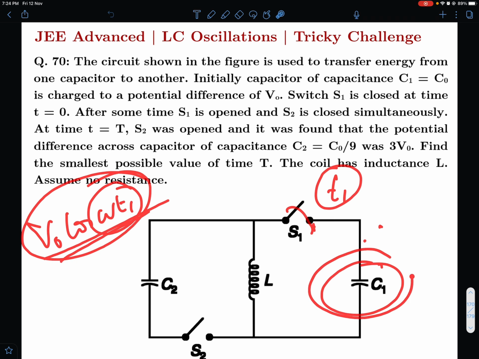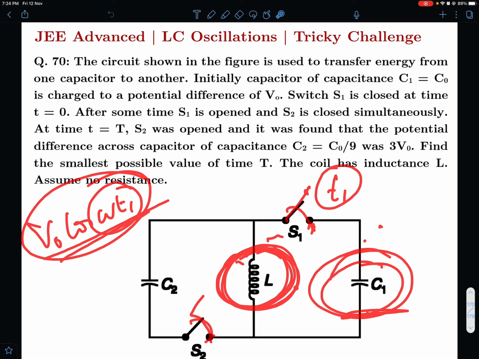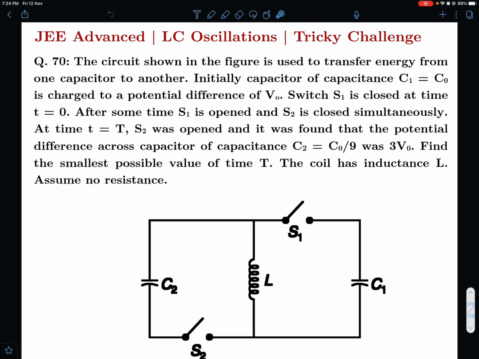Now what we are going to do is, once we know the potential difference across this, we'll try to find out the current through the inductor, and when you close this switch the inductor current will remain the same. If you open the switch, because you know that inductor acts like a current inertia, the current in the inductor cannot change suddenly. If you close the switch, inductor will try to push the same current through this.